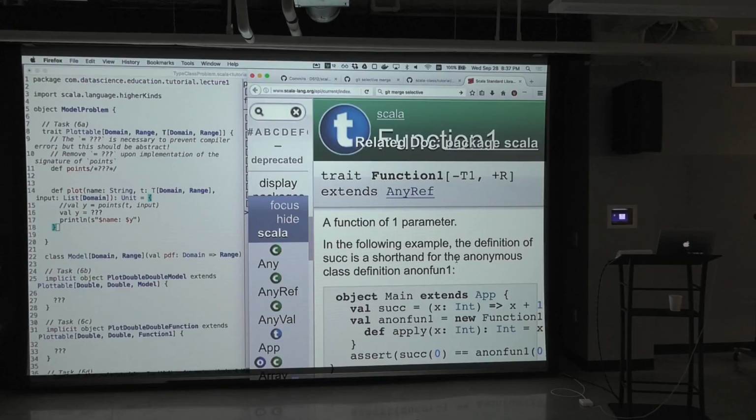Sorry. So, let's see. Let's look at an instance of Model. Let's go down here to Gaussian model. This is a model. It has a method in it. And what is the name of that method? Oh, right. Okay. So if I wanted to get at the Gaussian PDF,